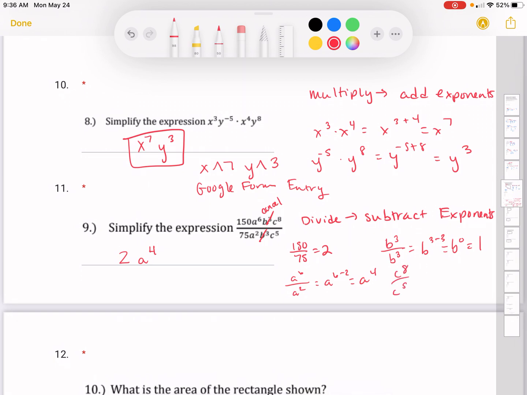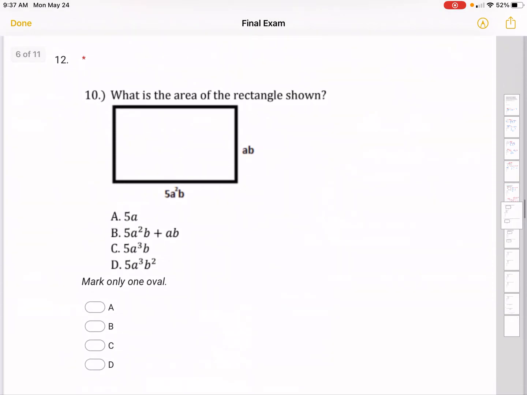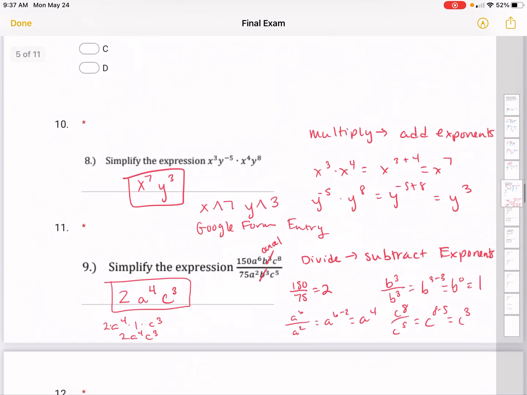And then c to the 8 over c to the 5 is going to be 8 minus 5, which is c to the 3rd power. So here you would just go up and down. Remember, if they have the same exponent, they cancel because there's an imaginary 1 there. Just think of it this way. If you were to do 2a to the 4th times 1 times c cubed, it would just be 2a to the 4th c cubed. That 1 would just disappear. I'm going to go ahead and stop there, and then we'll continue on another